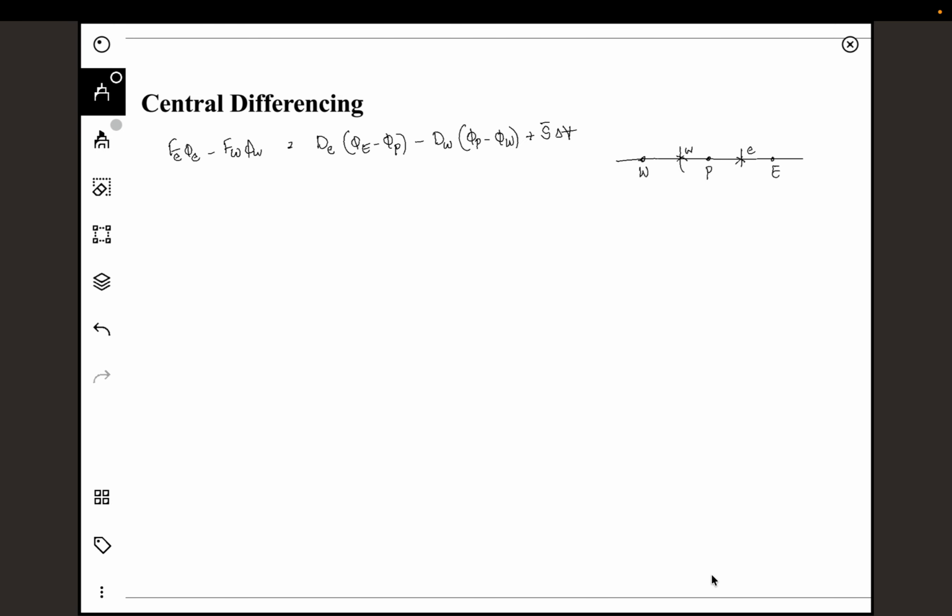So the first approximation is a central difference. What we do here is assume that the face center values are equal to the arithmetic average of the cell center values. So what we are doing is assuming that phi east is basically, if you are doing a Taylor series expansion,